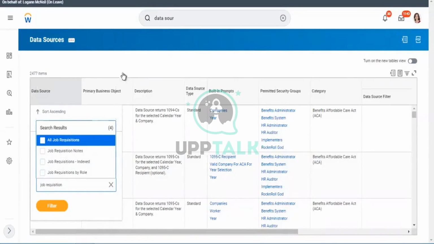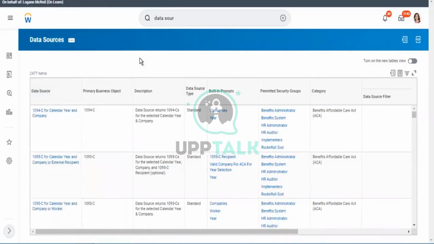Now tell me, when I ask you, get me a report which returns all the closed positions in Workday, how do you access that? When I ask you to create a report that returns all the closed positions in Workday. Considering the same example I've given, this is a kind of skill that you need. When the requirement is to create a report on closed positions, you might take a report on requisitions and add the filter for closed